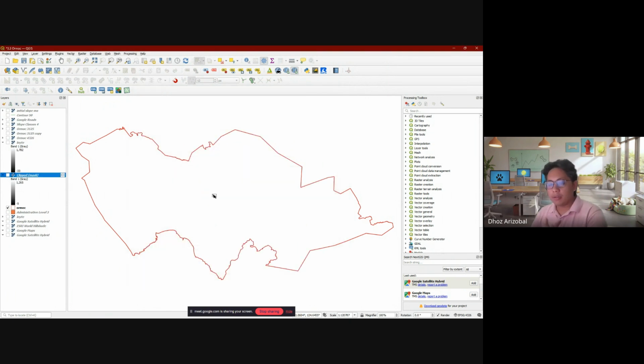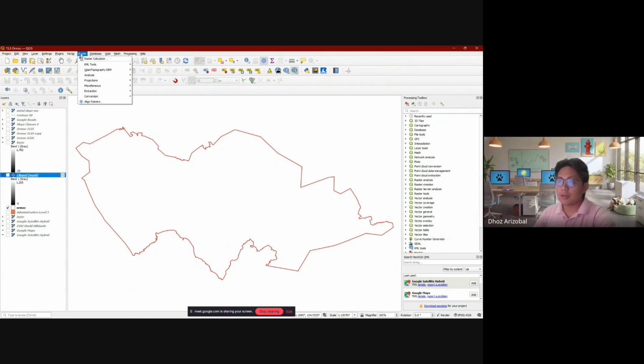In doing your slope analysis, it's a lot better that your DEM is reprojected to a metric projection. So instead of lat long, you present it in meters. I've already added it.